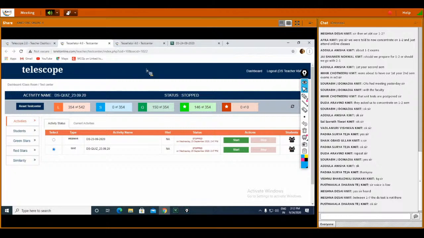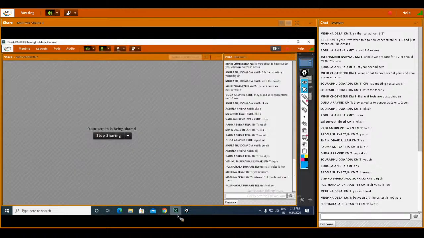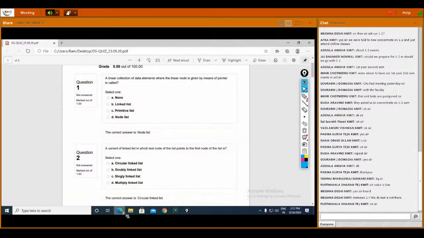And today, whatever quiz we kept has more questions, 4 to 5 questions from circular linked list. Meanwhile, I want to give the previous quiz questions with answers. The first question: a linear collection of data elements where the linear order is given by means of a pointer is called